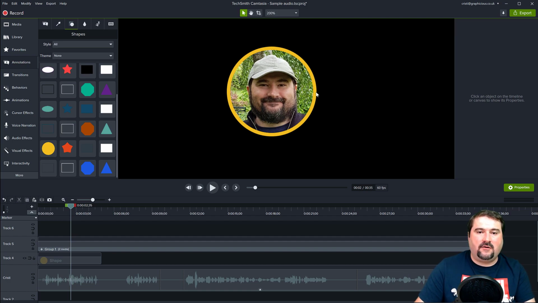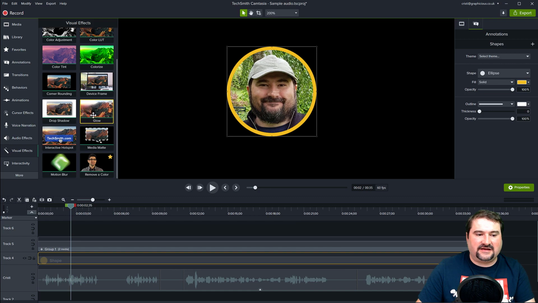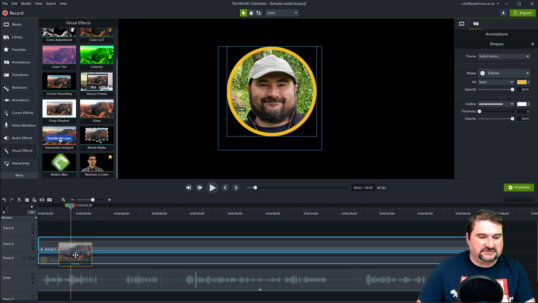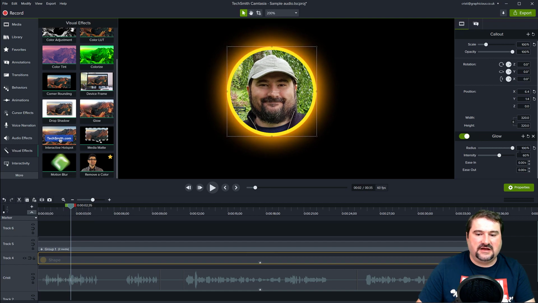This is the circle. Now, of course, I can make this sort of pulsate. One way to do this is really very simple, and this is not actually the finished effect. Push that all the way to the end of the video. So go to the visual effects and let's add a glow to that. So I can add a glow to this shape. So you can see the glow now. You can change the radius and you can change the intensity. Okay, so it's kind of turning red or whatever.